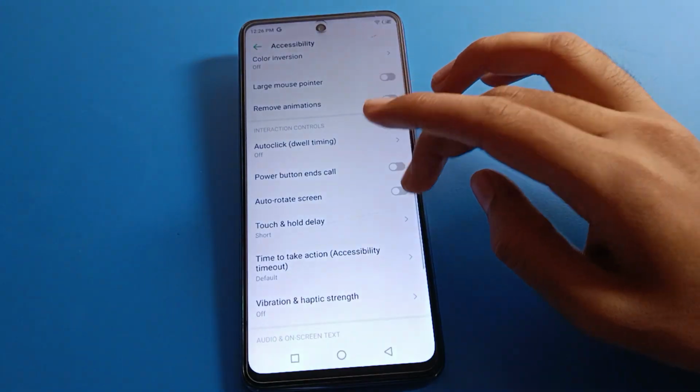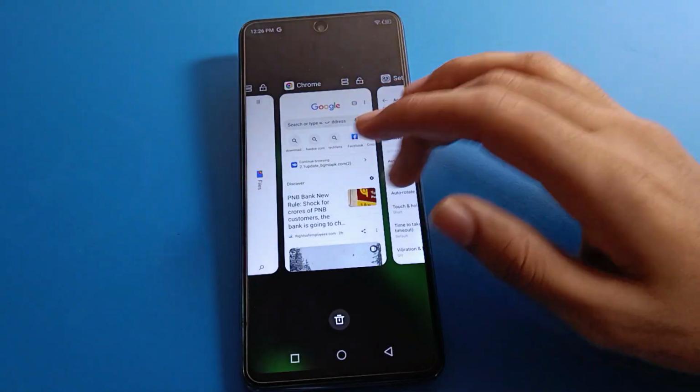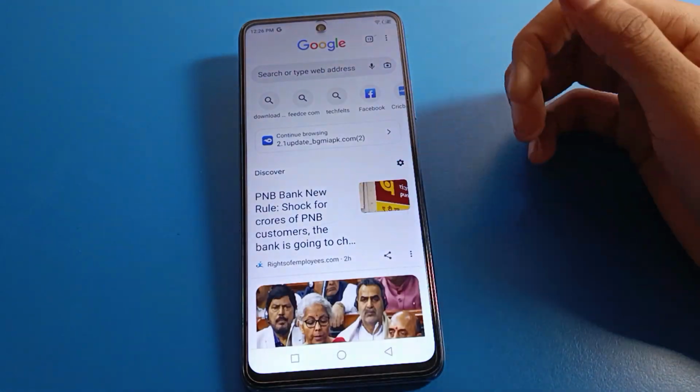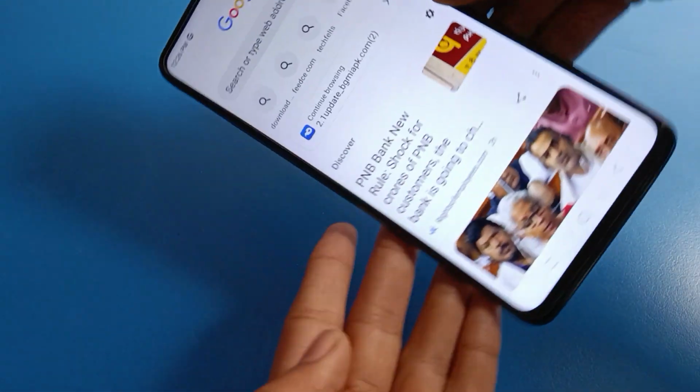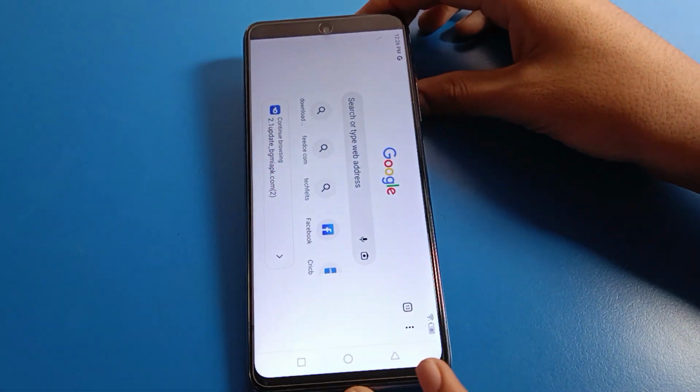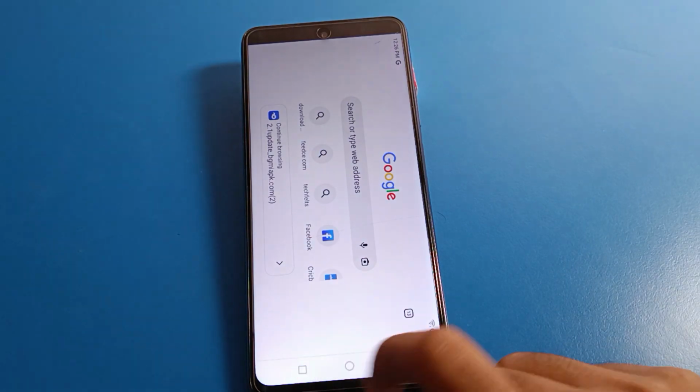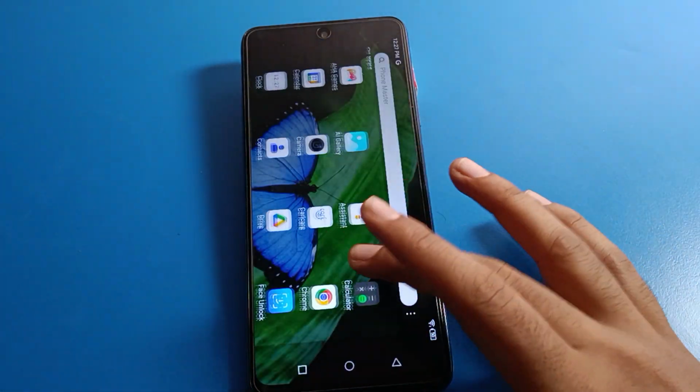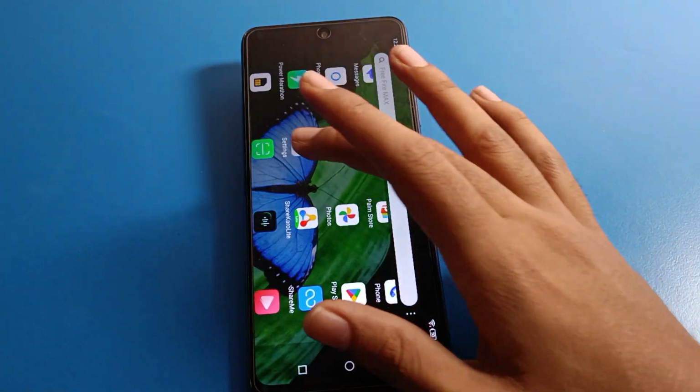And friends, if you turn it on again, you can see the screen will rotate automatically. When you want to rotate the screen, we can rotate it and use it. And again, friends, if you have the problem, open your phone settings again, and you can solve this problem